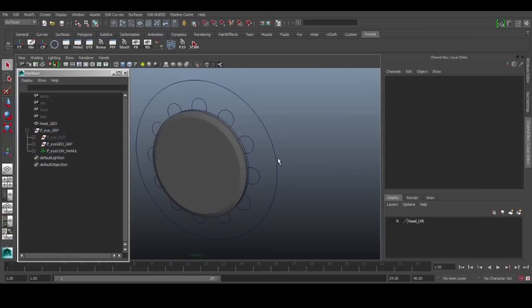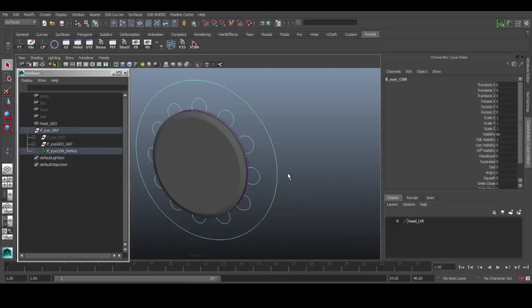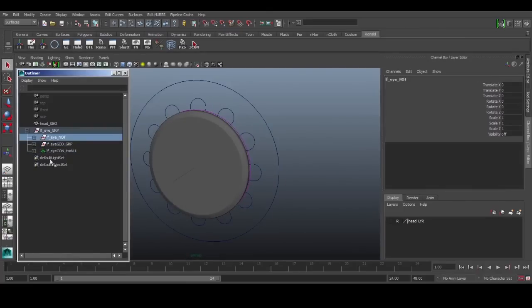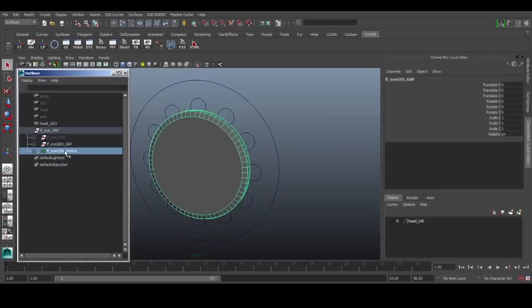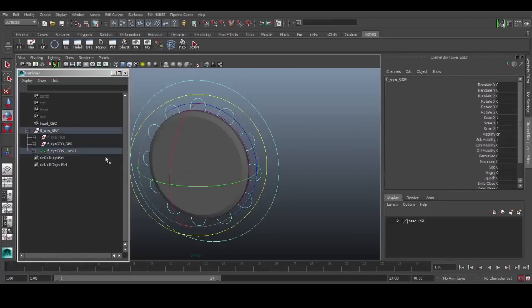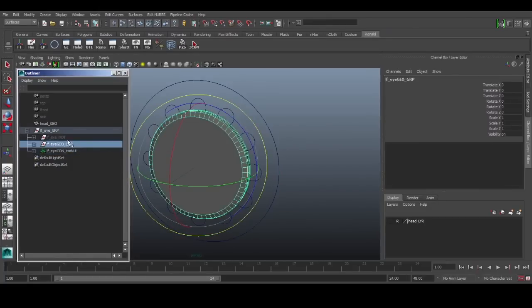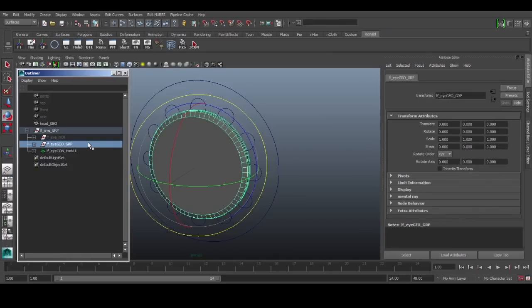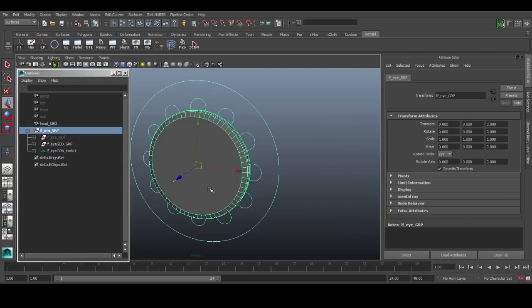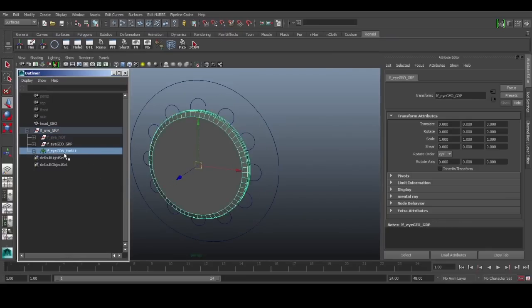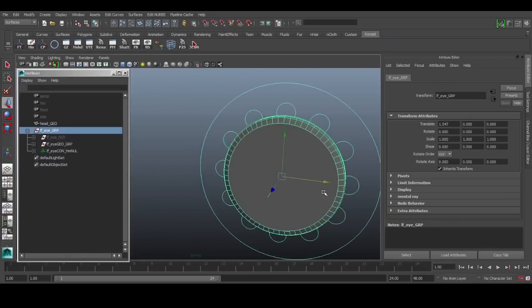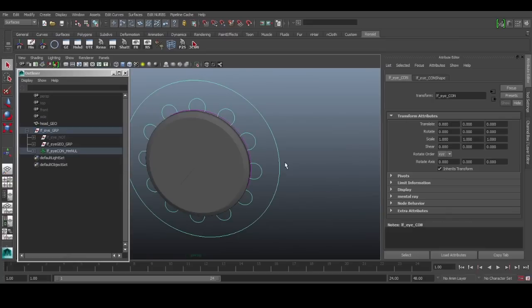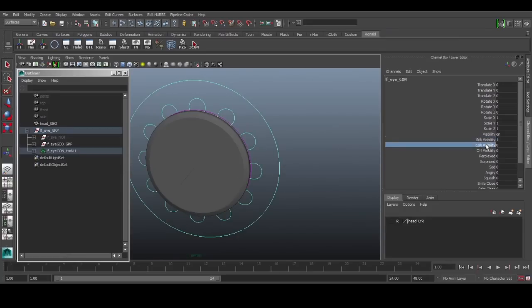So now let's recap a little bit about the grouping. We have our no touch group, our eye geometry group, and our entire rig control setup here, which controls our geometry and the no touch. So for these two groups, the no touch, we have to turn off inherit transform, and for the eye geometry group, we also turn off the inherit transform. So if we move our left eye group, which is the parent of all these three parts, they will not move.